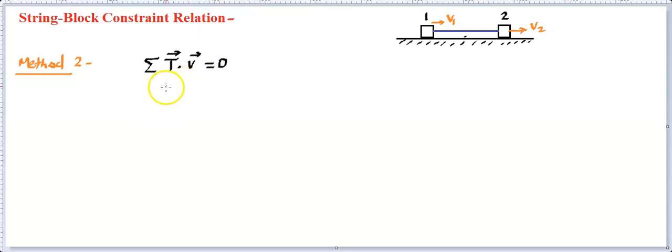This we are going to use for velocity calculation, and if we need to calculate for acceleration, we will replace this v by a, so that will become the acceleration constant equation. If we are interested in position, we can replace it by x. Generally we will talk in terms of velocity, so I'm writing in terms of velocity, but it can be used for all the cases. That means you can replace it by position as well as by acceleration.